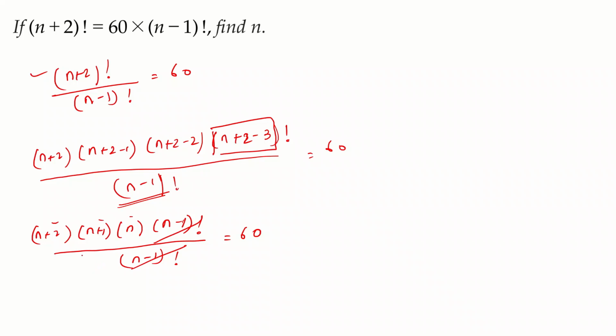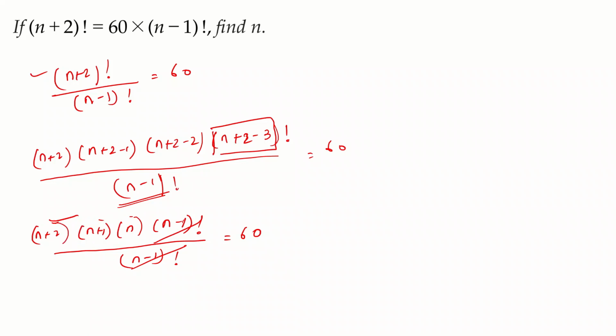The easy way is that if you observe that these three terms are consecutive. What I mean by consecutive is that they are something of the form 6, 7, 8 or 7, 8, 9 or 8, 9, 10. Why are they consecutive? Because this first term is n over here, this is n plus 1 and this is n plus 2. So if we assume that n is 6, then n plus 1 is 7 and then n plus 2 becomes 8. So that is why we have these three terms to be consecutive.